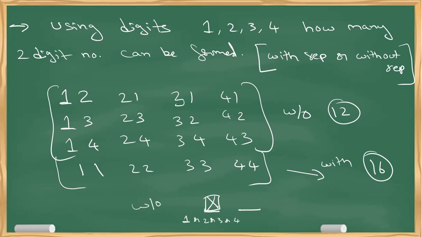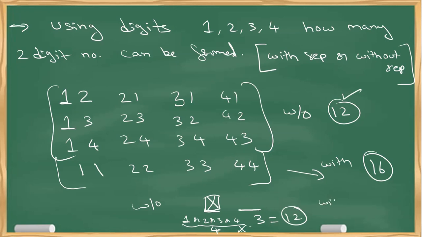Let me say without repetition. So how many possibilities do I have? 4 possible ways. Now if I fix one number, here how many ways can I do? I can't use the same number, so I can have only 3 possibilities. So first number and second number, so multiply. So the answer is 12. So I got the answer 12 without actually writing all this, using counting.